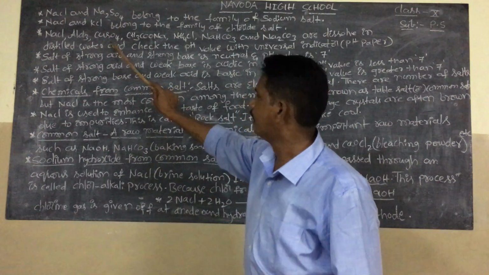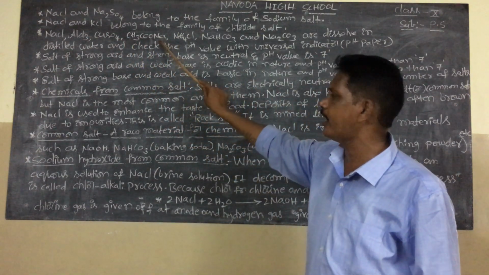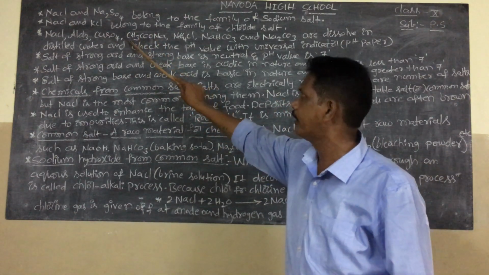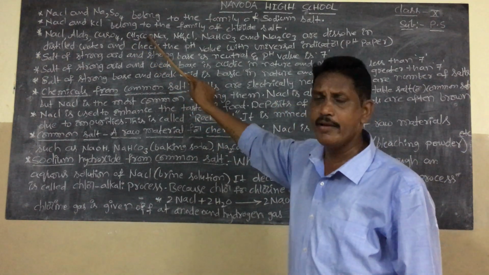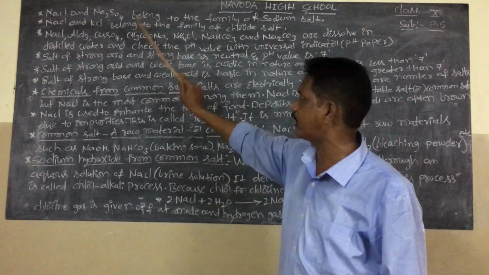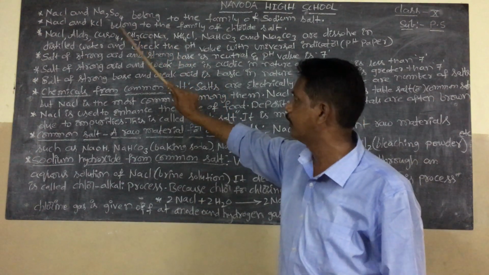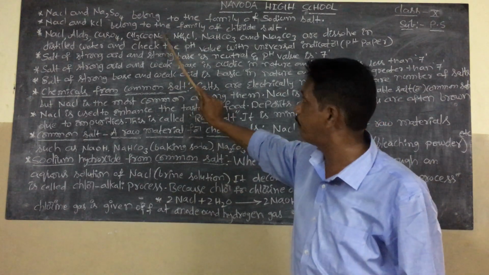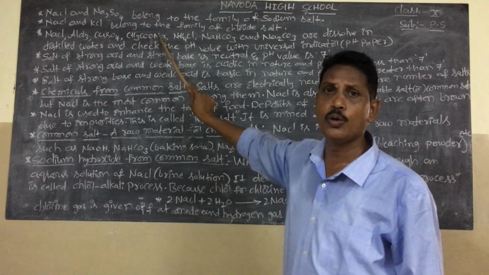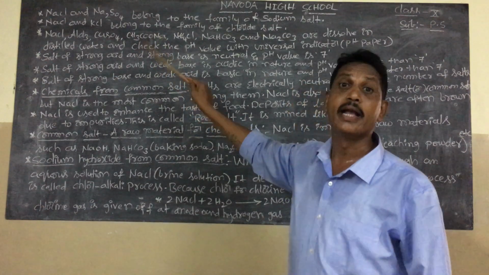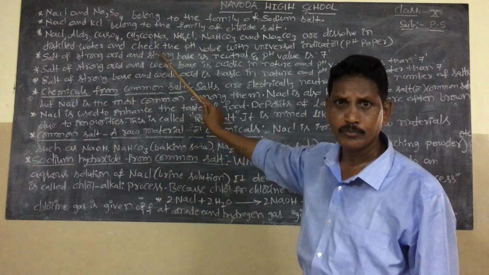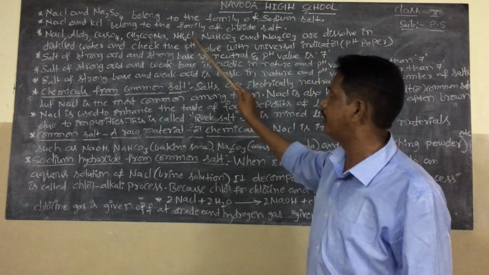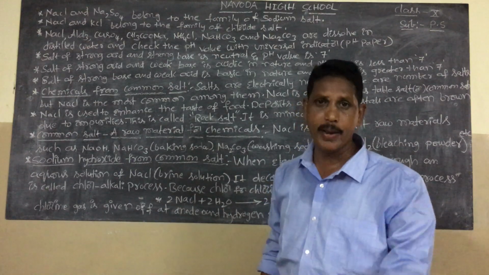Again, CH3COONa. Na means NaOH, sodium hydroxide. CH3COOH, acetic acid, is a weak acid, and NaOH is a strong base. A strong base reacts with a weak acid to form the salt CH3COONa, sodium acetate. This is basic in nature. The pH value of CH3COONa is greater than 7. Okay. You find whether the remaining molecules are acid or base.